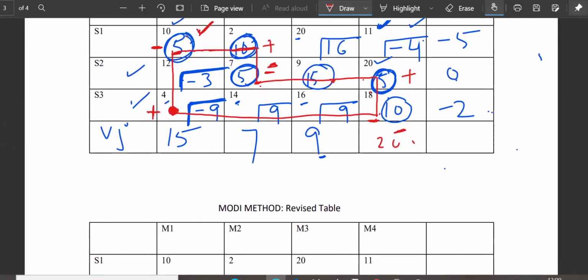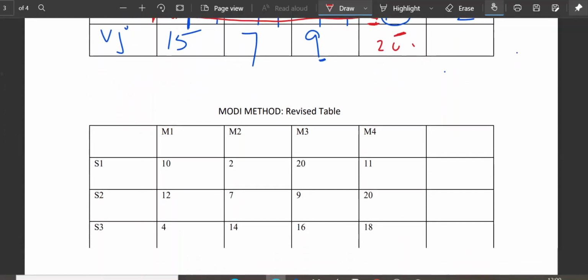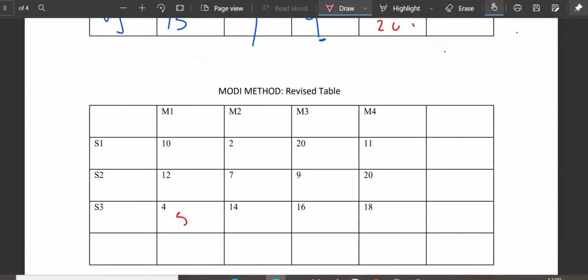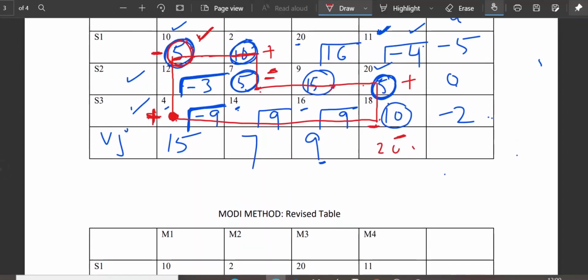Here I have selected this 5. So 5 minus 5 is 0, and this cell goes out. Here it is a plus sign and there is no cell here. So in S3 I will write 5, because nothing is written, which means 0 was there. So 0 plus 5 is 5. Now this cell will go off. The cell you select will go off, and the cell from where you start drawing the loop will come in there.